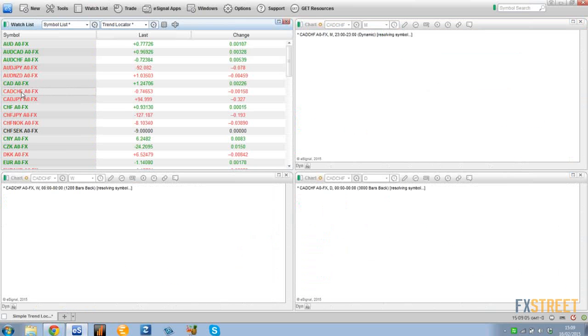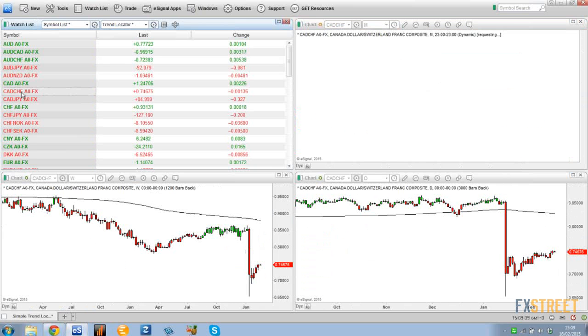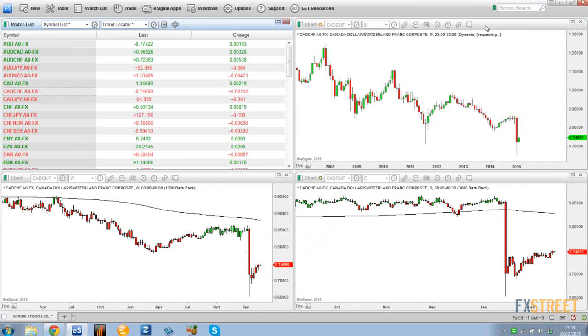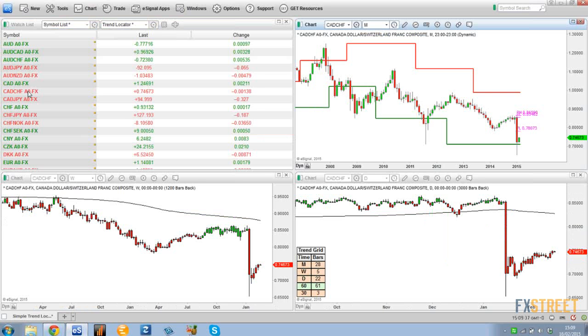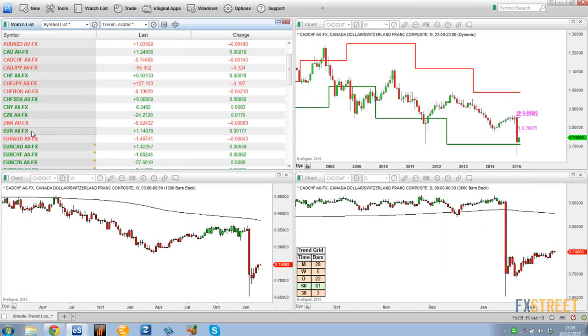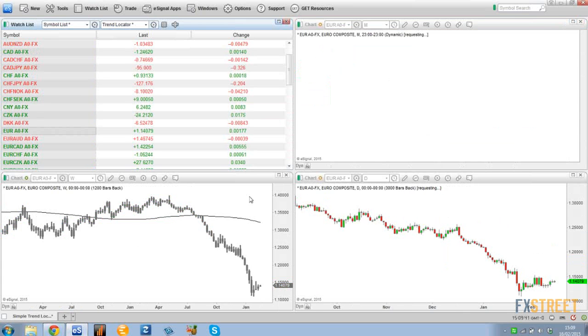If we go to Canadian dollar, Swiss franc, go to the monthly chart, and you can see the Canadian dollar, Swiss franc. So 2010 to 2011, nice bear trend. Then we had a bull trend, and then we had a bear trend in 2012 to 2013. If you look at the range of this trend, it found resistance at the figure 1 all the way down to 0.8. So what you're looking at is a good 2,000 pips. I'm not going to go through too many, but I'm just going to go through examples of trends.